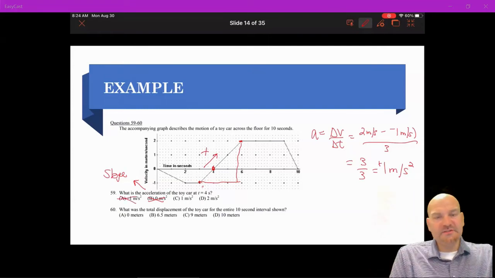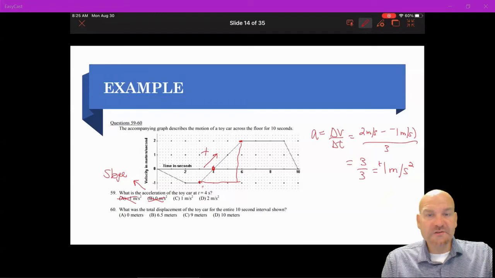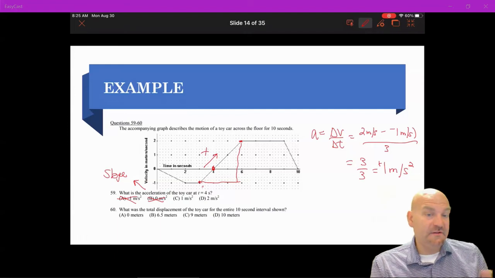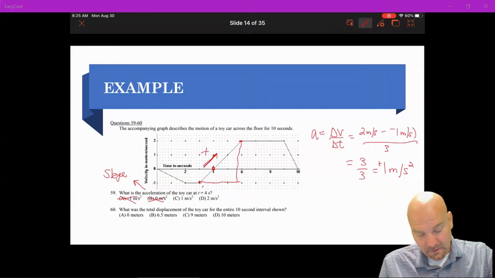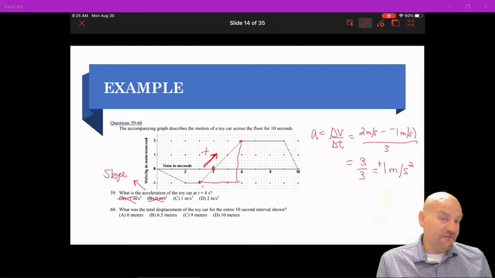So, test taking strategy: look at the picture. You know what slopes look like. You know what a positive slope is. You know what a negative slope is. If it's looking for acceleration and you have a positively sloped line, guess what? You can cancel out negatives. And if you have a sloped line, your acceleration is definitely not